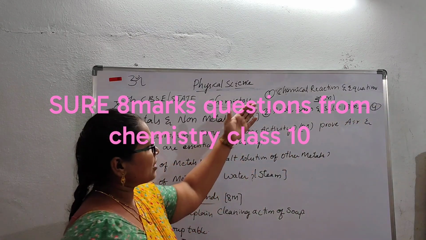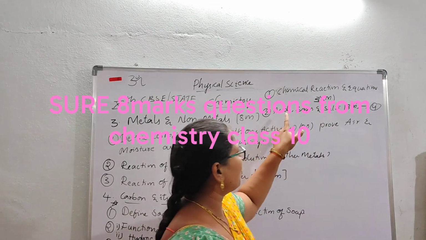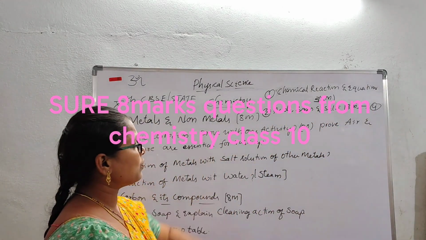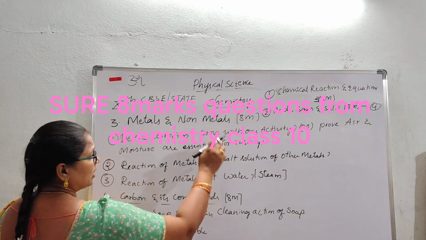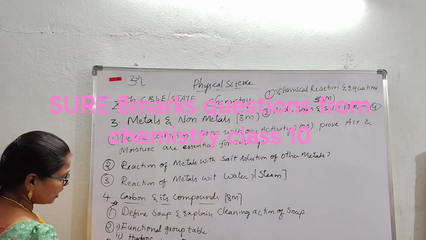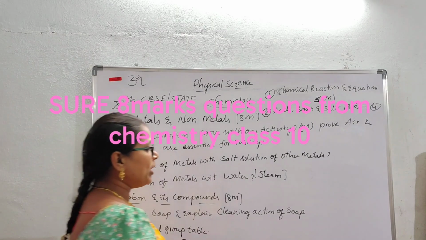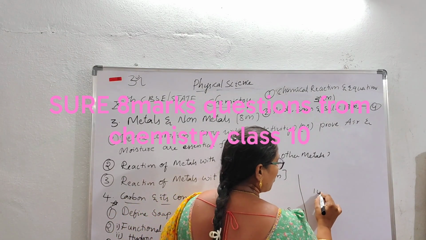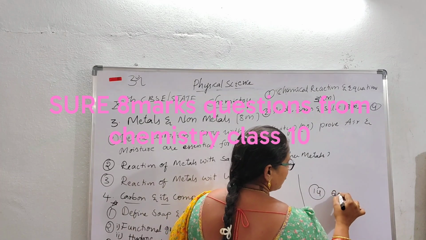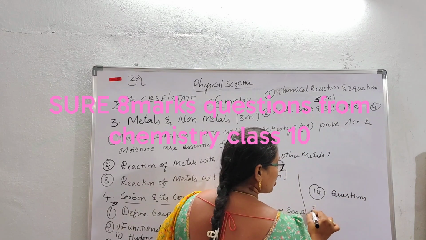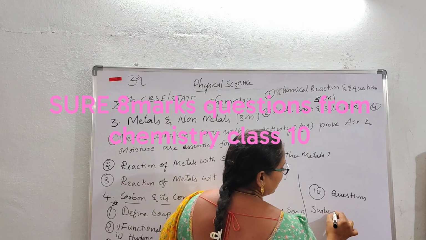So from chemical reactions and equations, 3 8-mark questions. From acids, bases and salts, 4 8-mark questions. 3 plus 4 is 7, and here 3 makes 10, and these 4 make a total of 14 8-mark questions. From these 14 questions, surely we'll get